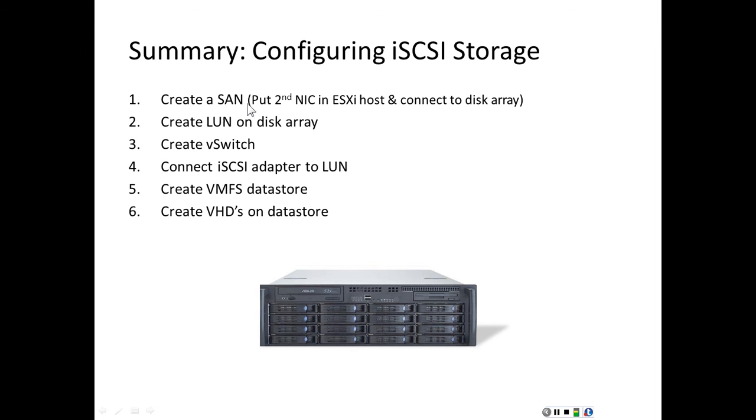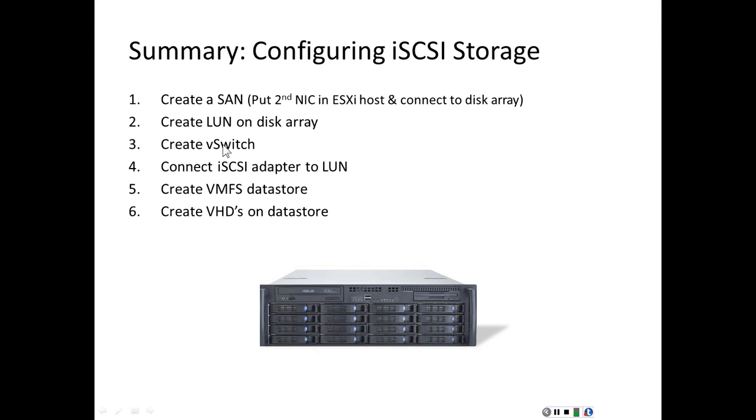In summary, configuring iSCSI storage. The first part is the hardware part. You put in the second disk of the ESXi host connected to the switch and the disk array. That makes the hardware for the storage area network. Then you create the logical unit number on the disk array using the software provided by the manufacturer of the disk array. Then you go to the vSphere client and you connect to an ESXi host and you create a